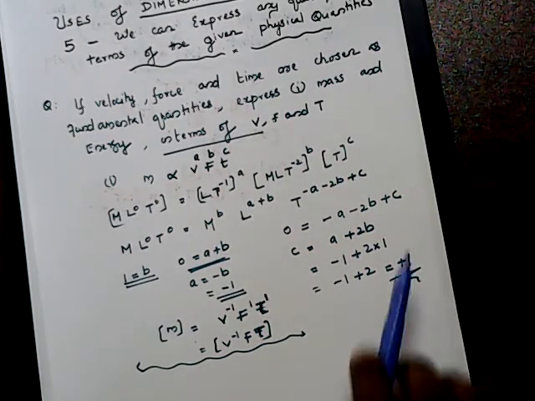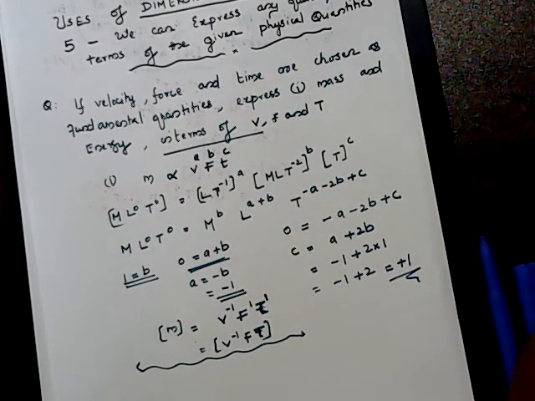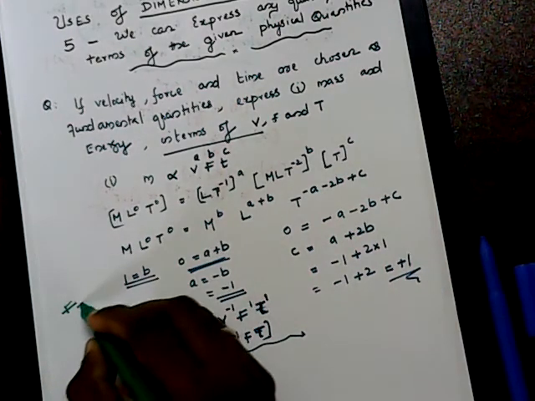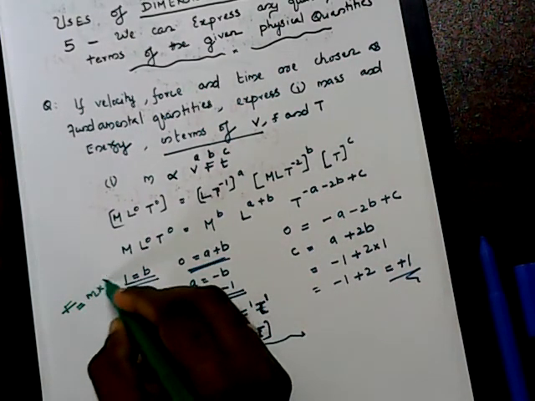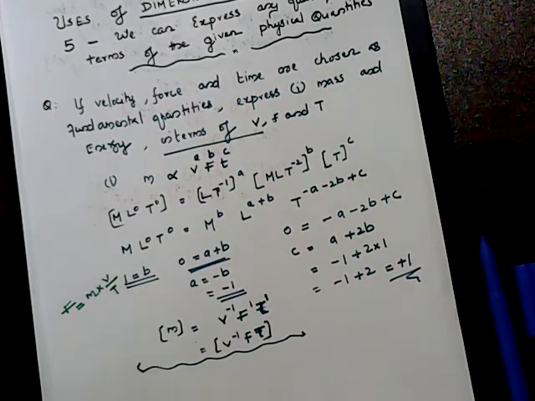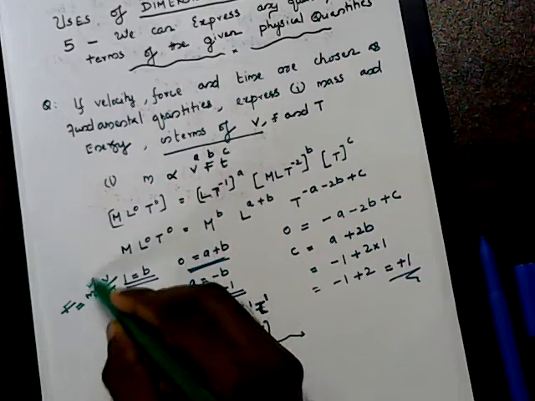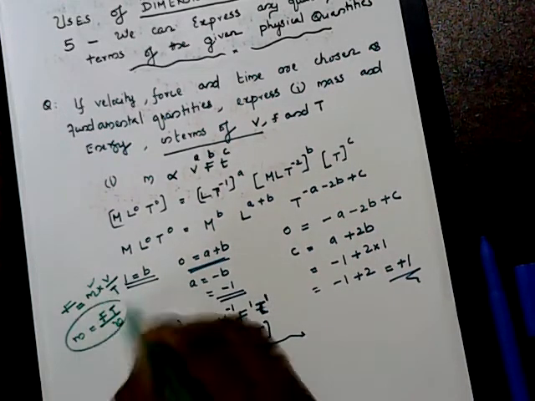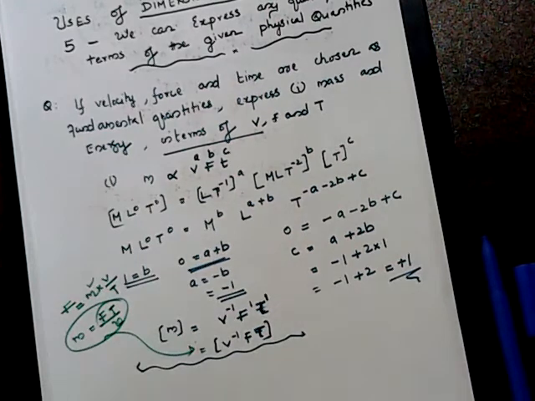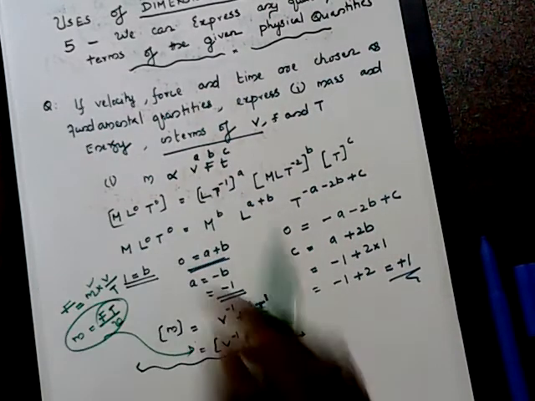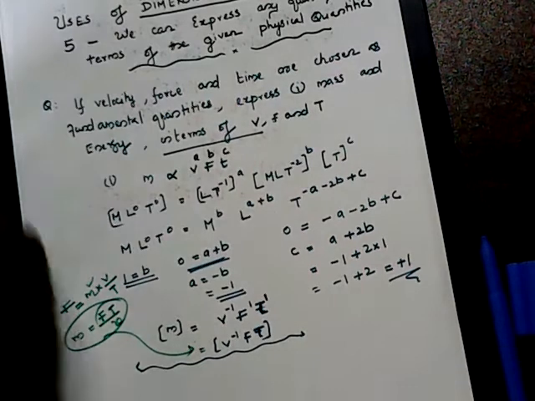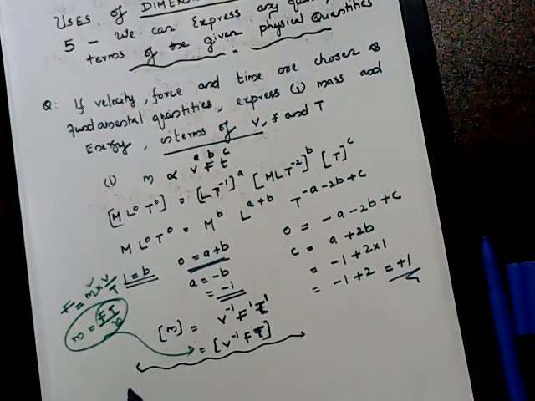But we can do it so easily, if we have presence of mind and know the simple concept that F is equal to mass into acceleration. That acceleration can be easily written as velocity by time. Therefore, m takes the value as F into t by v. So that is our answer. So we can use this alternate method so easily, if we know the parameters clearly. And we can go to the next one.